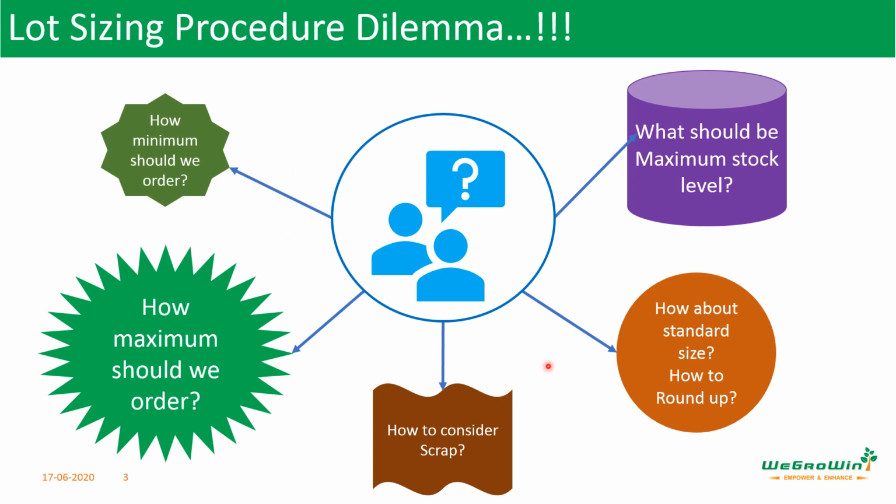Fixing these parameters is very important because we should not order very small quantities frequently. At the same time we cannot order a very big quantity in a single order, and if you have some limitation or capacity, we cannot exceed the capacity when ordering quantities. Also, for the convenience of the suppliers, we cannot order one piece, two pieces, or 52 pieces, 53 pieces like that. We have to use some standard sizes. Those things we need to define properly, which will help the business run smoothly and also make the procurement activities smooth. Now we'll see how each parameter works.